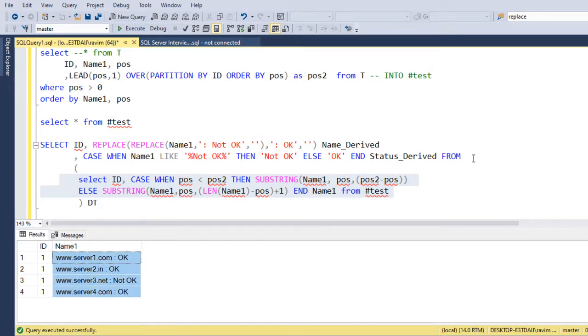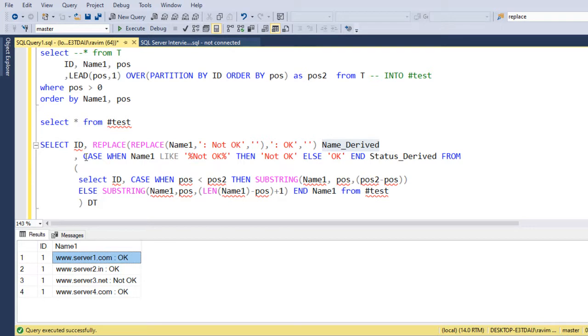And in the above query I'm just splitting based on the condition. So I'm replacing the not okay first with empty space, so that even if not okay or okay is present in the website name, it will still not mix up with this, right? After that, if there are any okays, I'm replacing them again with empty space, so that it will just give the website name.